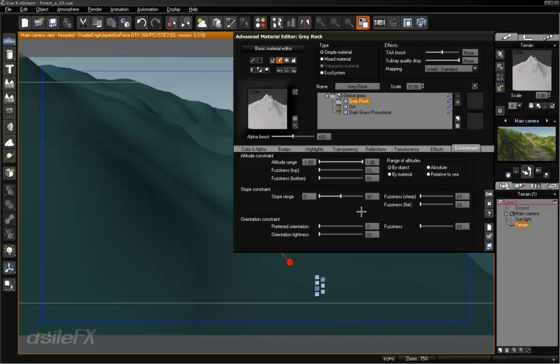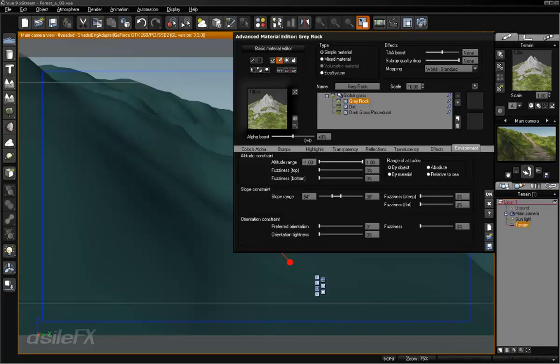But anything between 90 and 180 would only exist if the terrain was rotated, flipped upside down, or painted in 3D. So we really only need to worry about 0 to 90, and 0 is going to be the flattest point of the surface. So what we want to do is grab from the top, if you want to use the slider,